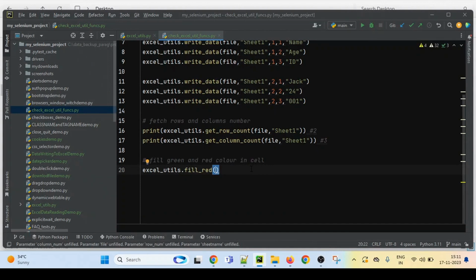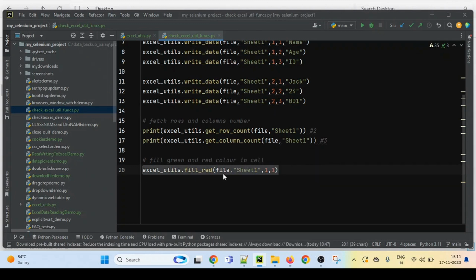In this we have to pass 4 parameters, that is file, sheet name. What is the sheet name? Sheet1. Then row number and column number, because we have to pass that red color into a specific cell. What is the row number? Let's say I am giving first row, first column, so in the first cell only we are filling red color.